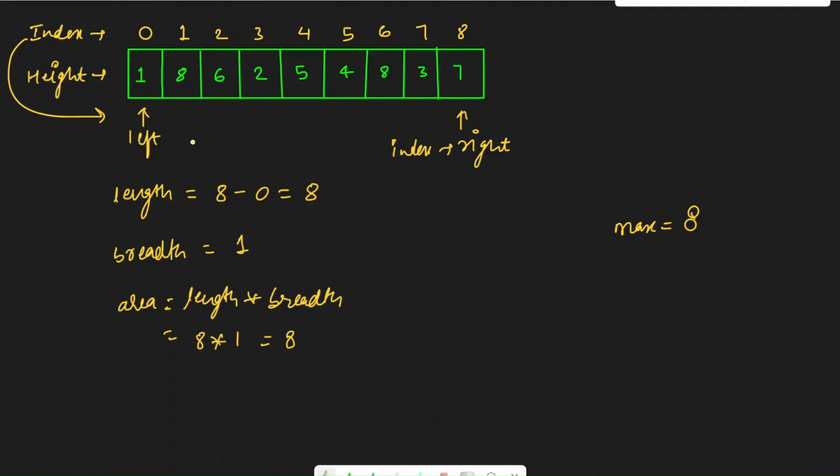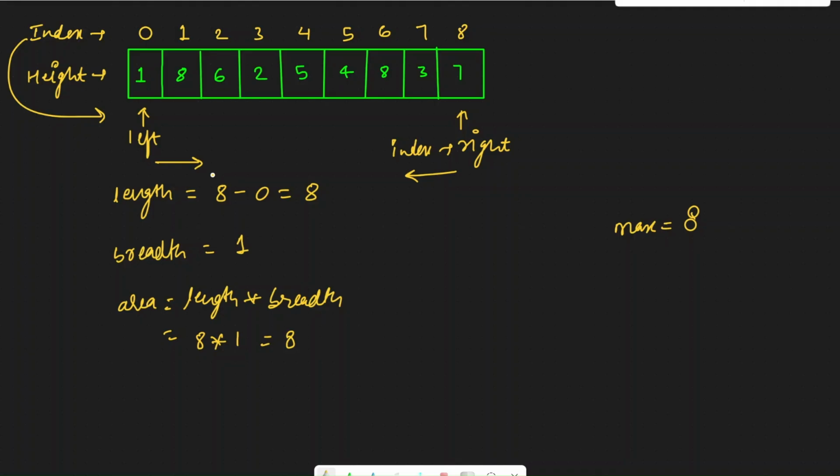To move a pointer, we need to decide: should we move the left pointer or the right pointer? The left pointer will move in this direction, and the right pointer will move in the backward direction. Now how do we decide whether to move left or right? This is done by checking whether the value at pointer left is greater than the value at pointer right, or vice versa. If the value at pointer left is shorter, it means we should be moving the left pointer towards the right. Why? Because we know there is a bigger value here, and whichever pointer we move, they're going to reduce the width.